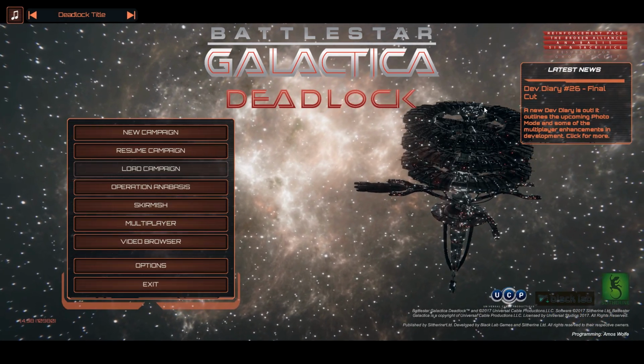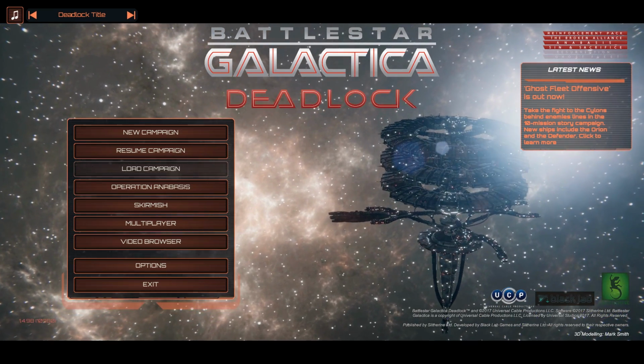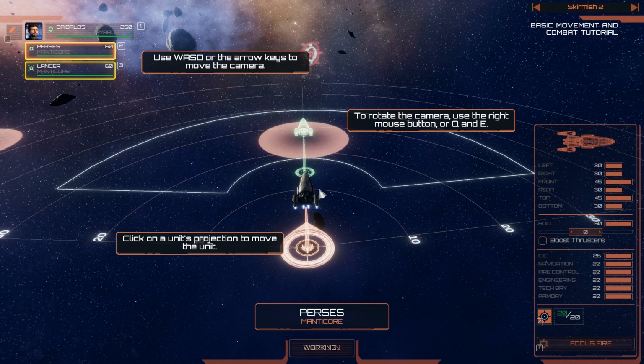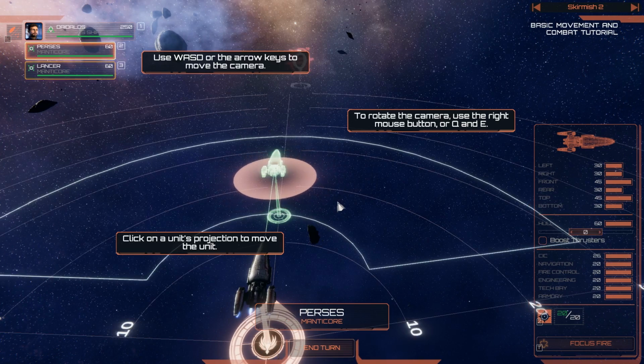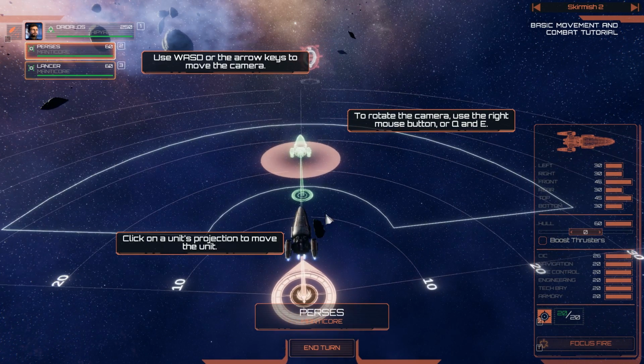Battlestar Galactica Deadlock is a 3D turn-based tactical strategy game set in the First Cylon War. If you aren't familiar with Battlestar, it's okay, though you should totally go watch the 2004 TV show. The tutorials and interface are actually surprisingly well done and pretty intuitive. If you have watched the show, you'll be a little bit more comfortable with some of the terminology and the